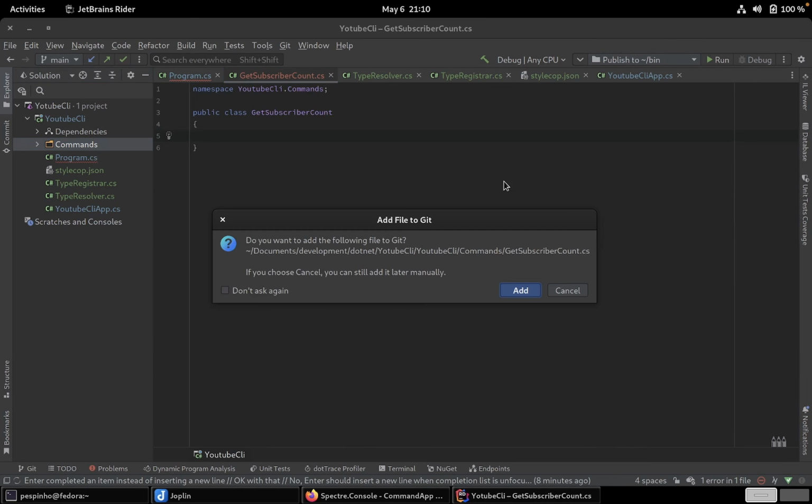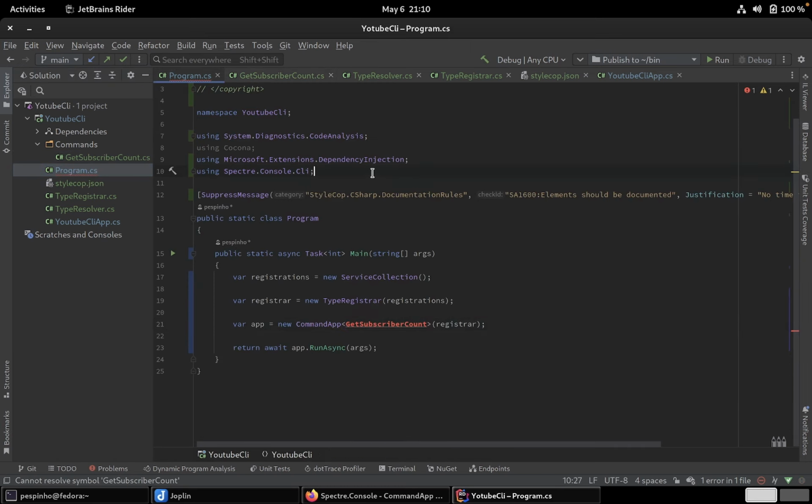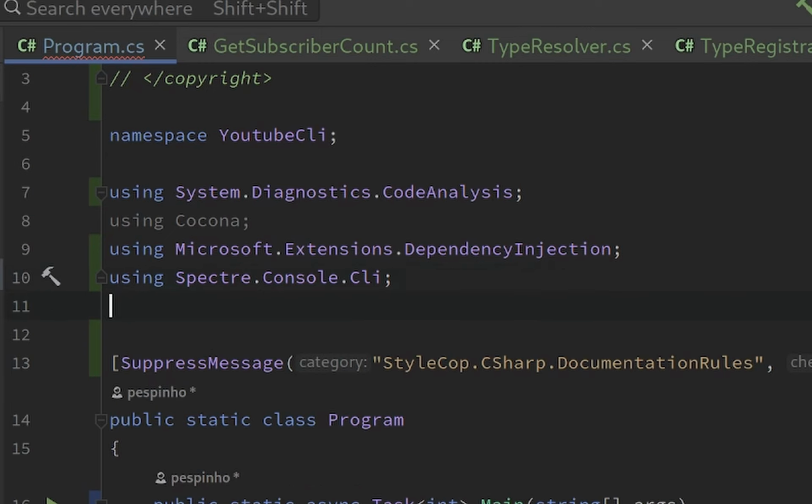Okay, and we will add it to our source control. Okay, so if we go back to programs, we probably need to make a new using statement, and this would be using commands. Okay,